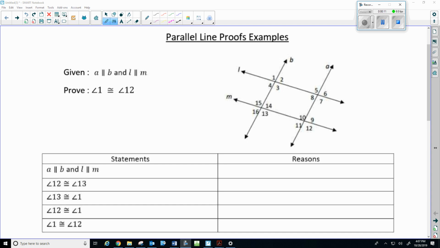These are going to be our parallel line proofs examples. We're either going to be proving something about angles, or we're going to be proving that lines are parallel. So to start off with, we're going to look at what we have at the very, very